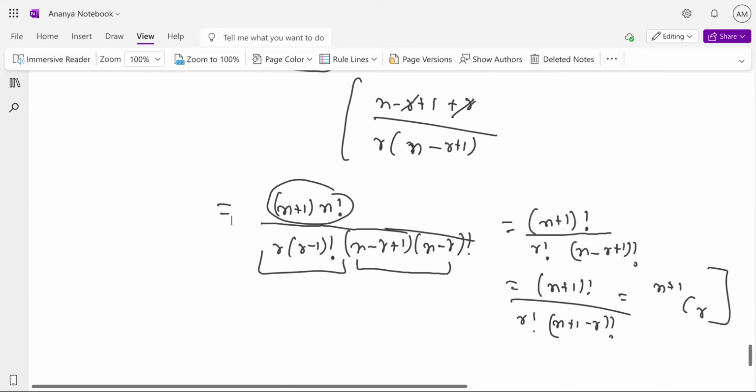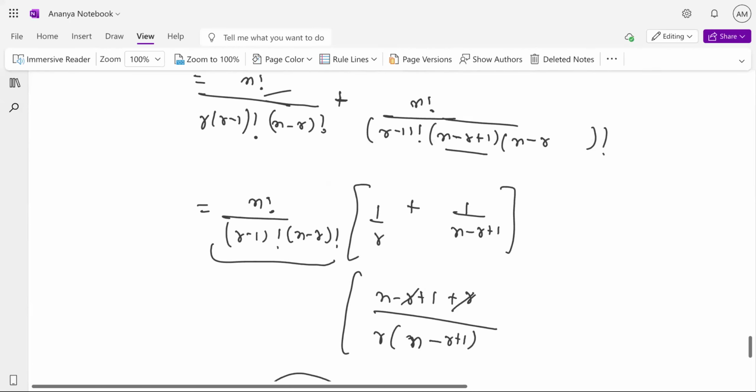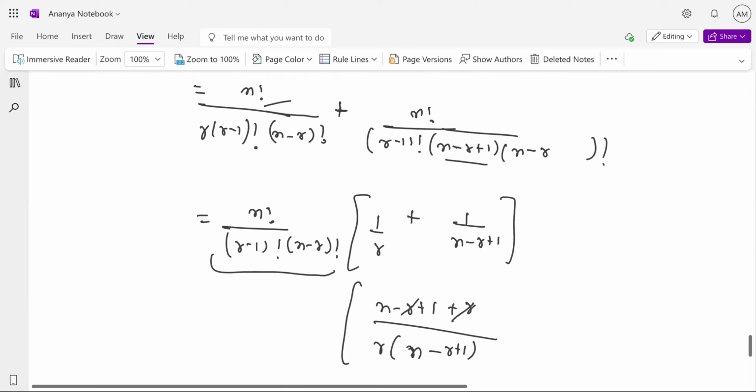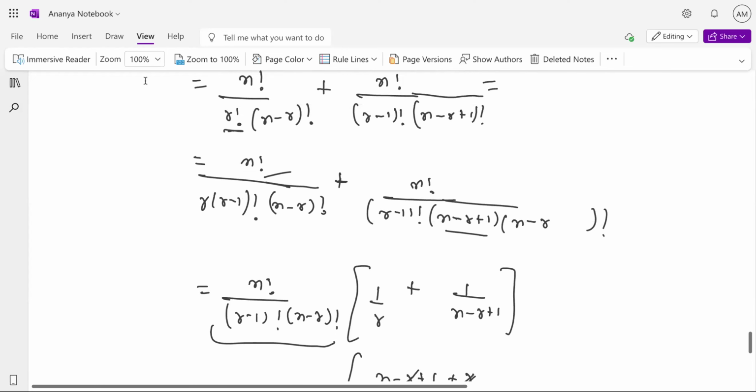Sir, shall I start the new chapter? It's a bigger chapter, complex numbers. Do you want to solve problems? I think we have solved only the first part of the binomial theorem, right? I didn't know the second part. So it's better to do the first part first. Then in tomorrow's class, I'll start with complex numbers.